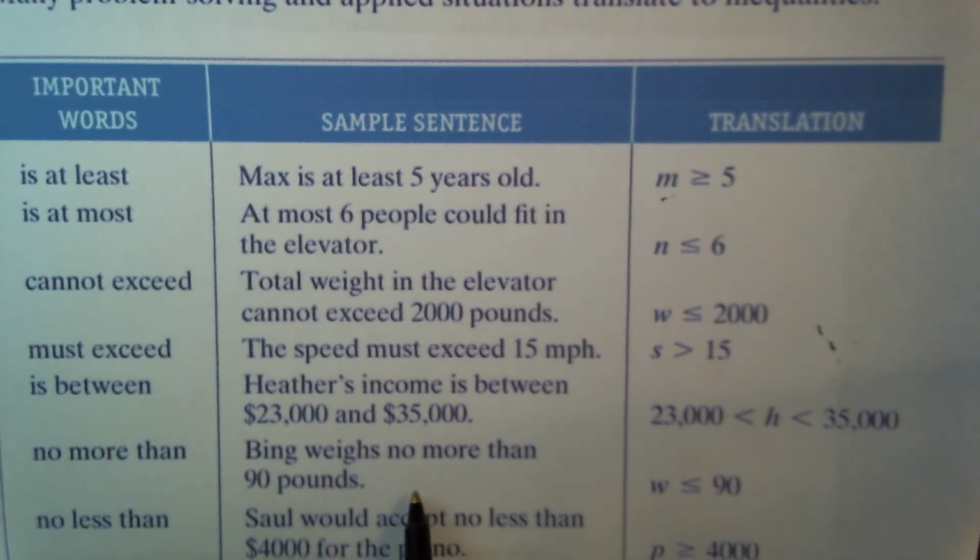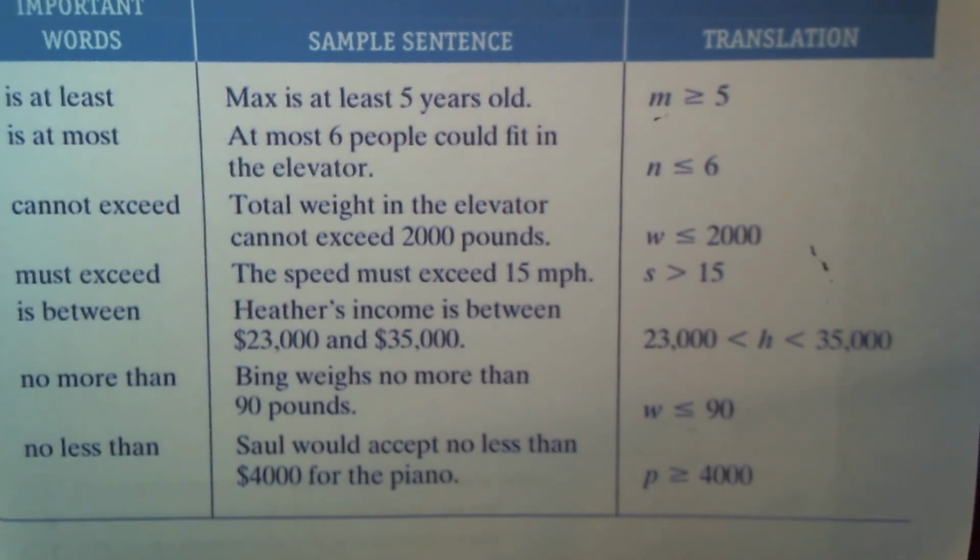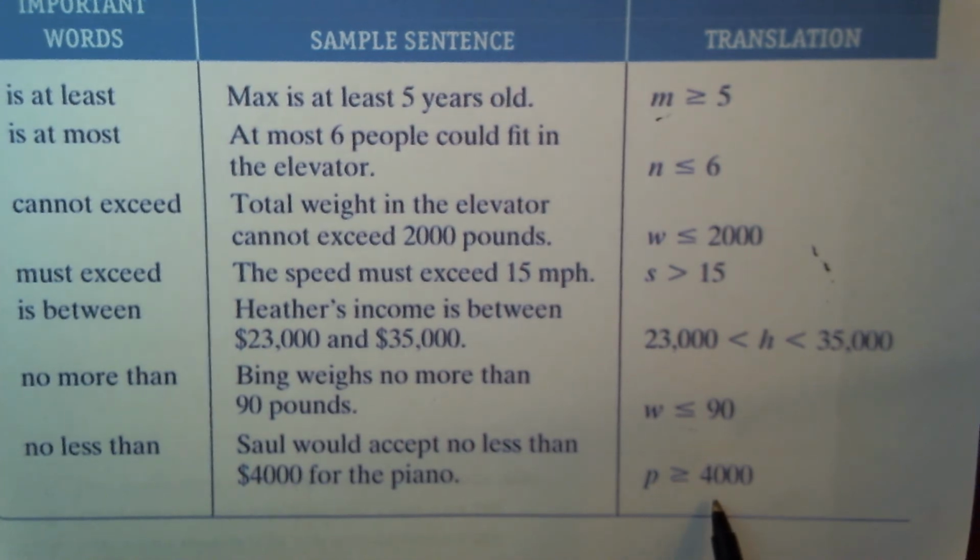Or Bing weighs no more than 90 pounds. That means his weight is less than or equal to 90 pounds. And Saul would not accept less than $4,000 for the piano, that means it's got to be at least or more. So in other words, P, the price of the piano, would be greater than or equal to 4,000. So it takes a bit of practice to translate these words into inequalities, and that's what we'll do here in